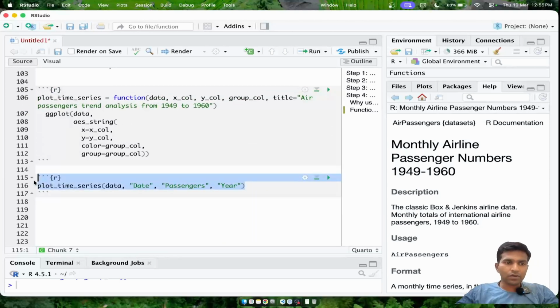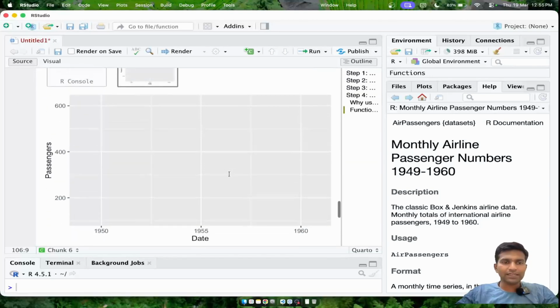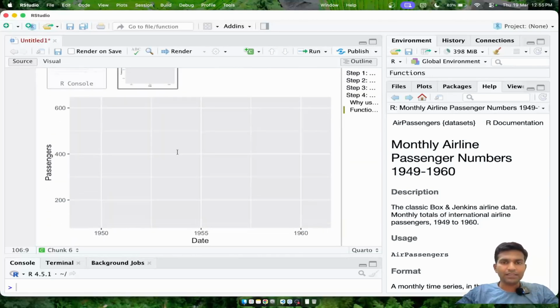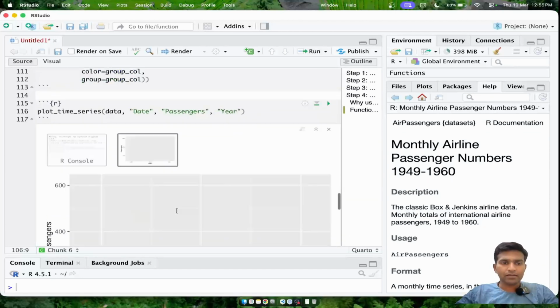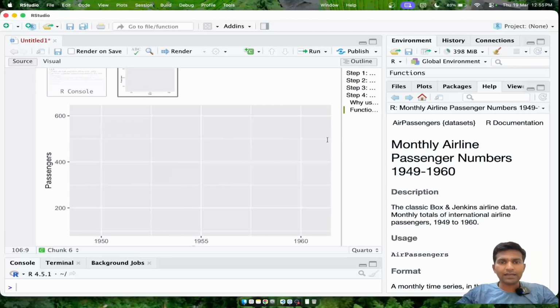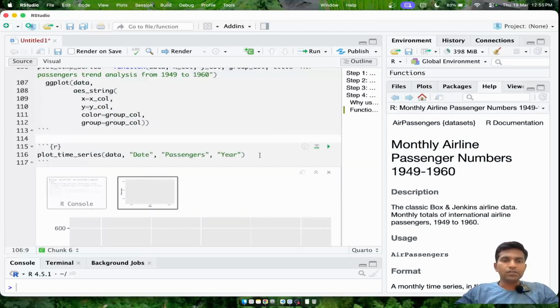This is the function call, and the earlier one was the function definition. When I execute this line of code, the function gets called. Let me check whether any output is produced. See, the function is getting called. The x and y are being mapped, but there is no title for the graph, nor the trend lines of the time series. In order to make that happen, we will